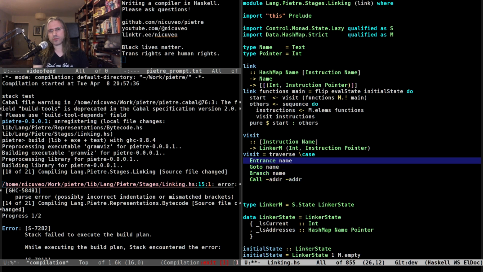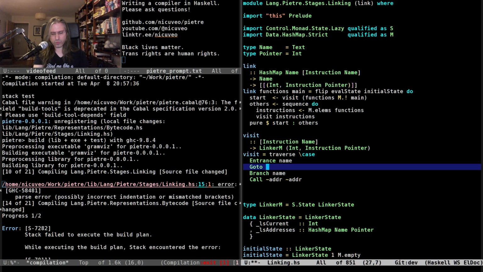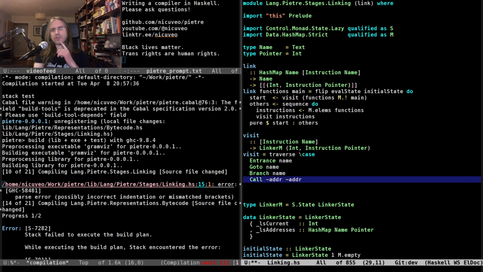So this is the entrance name. This is the go-to label, I guess. I mean, they're all names. The only place where it matters here is the order, and we have not decided. And I guess this is call name, and this is the return address, basically.